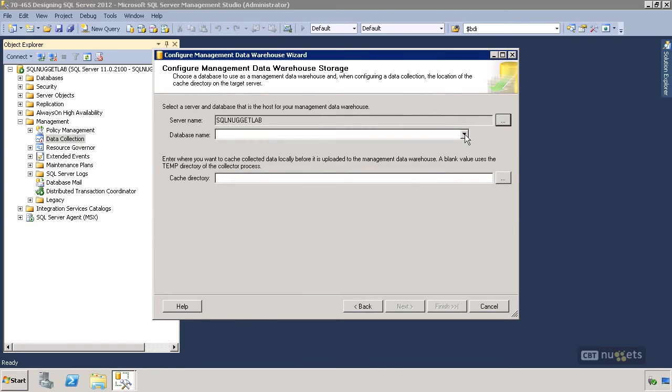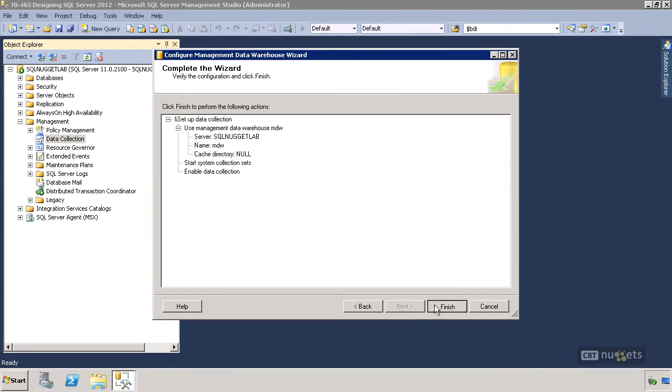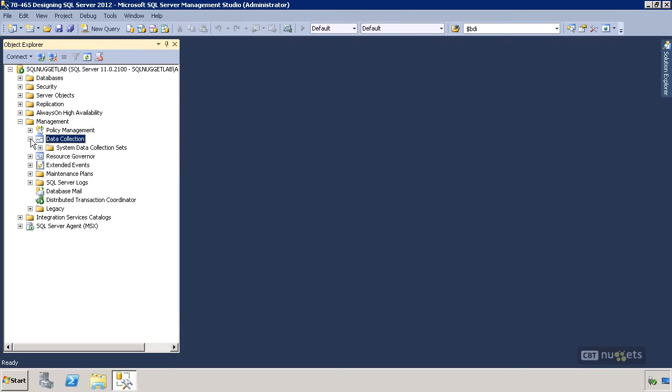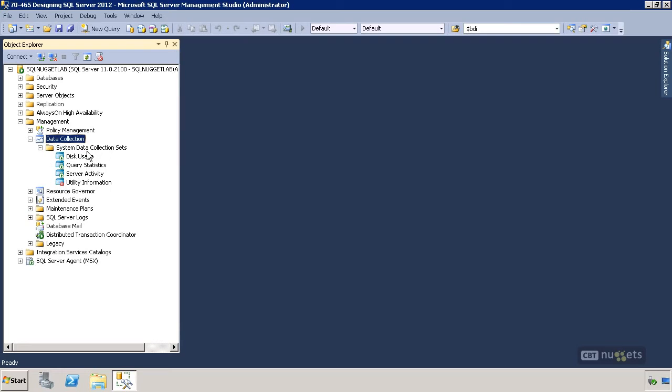We're just going to specify the same server that we're on, choose our MDW database that we just created, and you can also enter a directory here where that data is cached locally before it's uploaded to the MDW. If you leave nothing here, it'll go into the temp directory, which is what we'll do, and we're good. When it's done, data collection will be enabled,